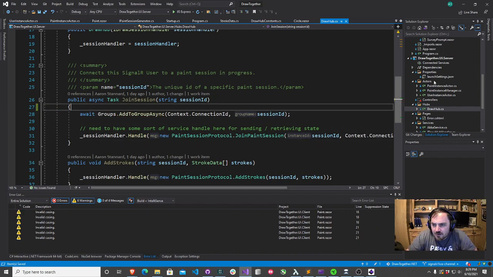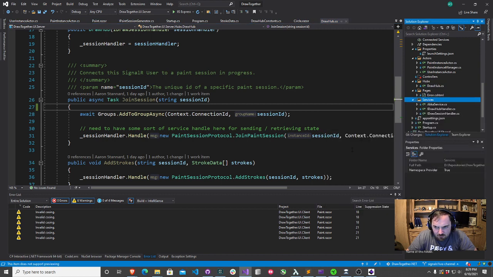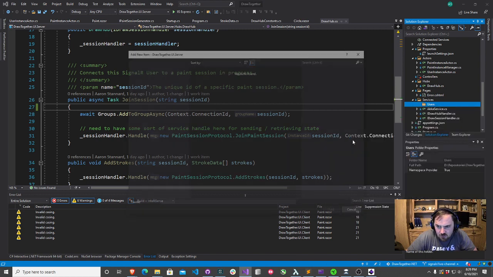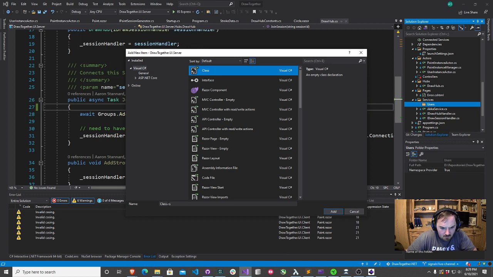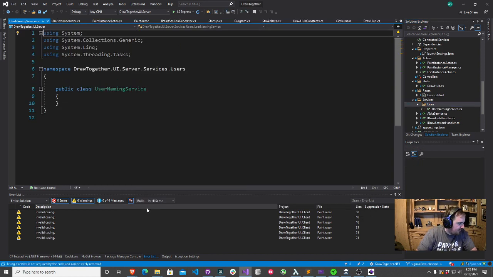I'm going to create in my little middleware here. Actually, I'll do this on the server. I'm going to add a new folder, users, and add a new item. We're going to call this UserNamingService. We're not going to bother doing an interface. Maybe enter a name field like in chat. What I want to do in the short run is what they do in Docker, where we create an anthropomorphic name for arbitrary instances